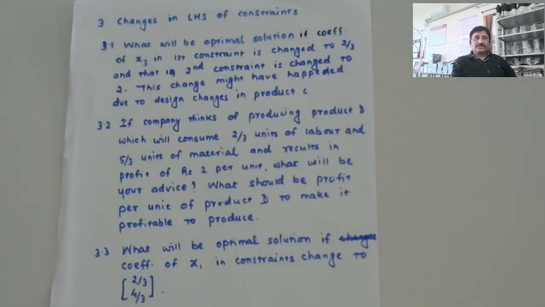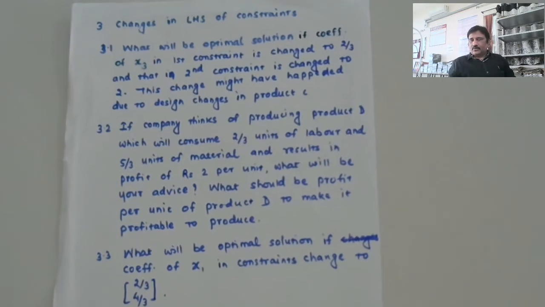In earlier lectures on sensitivity analysis, we have seen how to find the optimal solution if the coefficients of variable in objective function change. Then probably in the lecture after that, we have seen how to find the optimal solution if the right hand side constants of the constraint change. Now in this lecture, we'll be seeing how to find the optimal solution if the coefficients of the variables in the constraint change, or if there is certain addition of the variable in the constraint as well as in objective function.